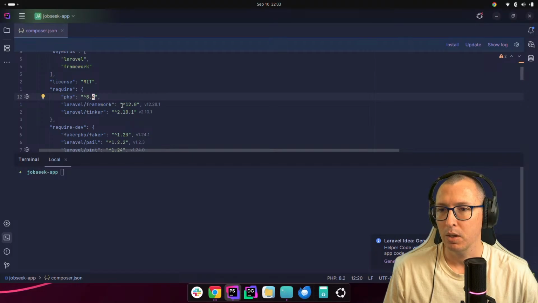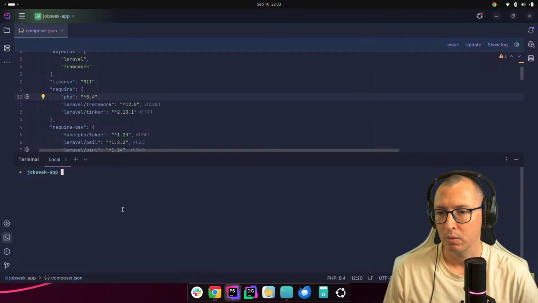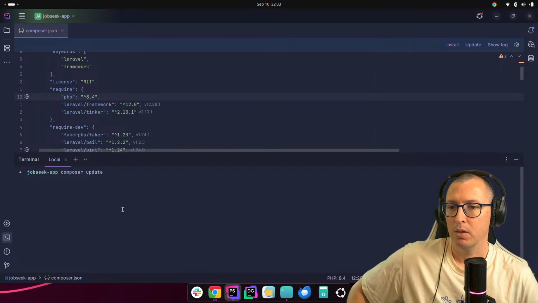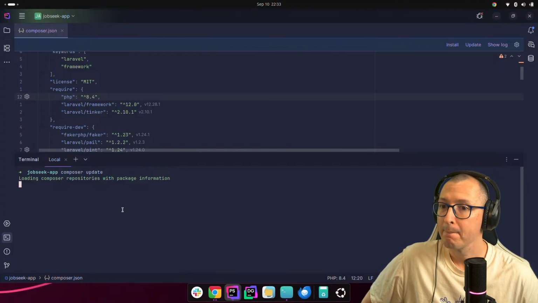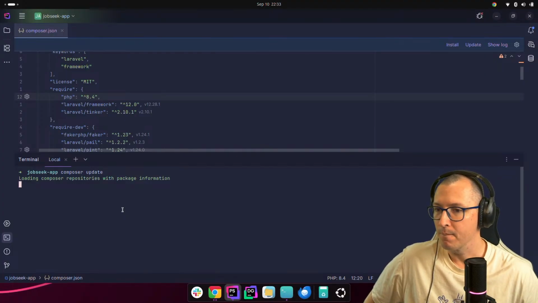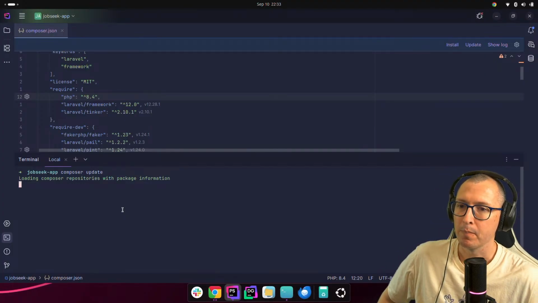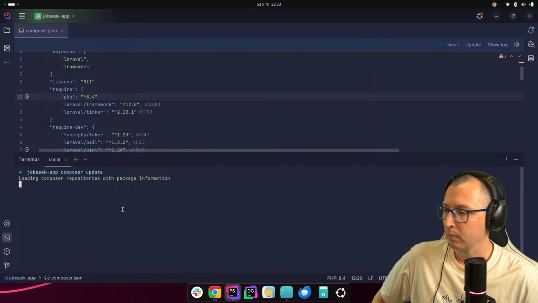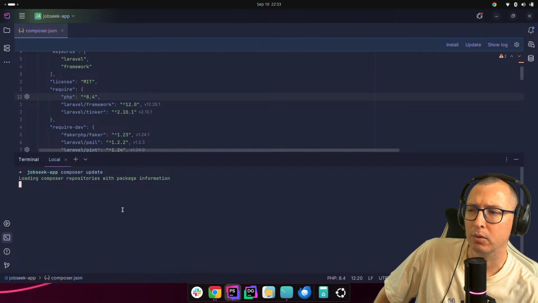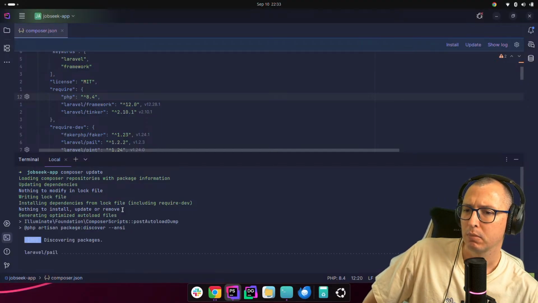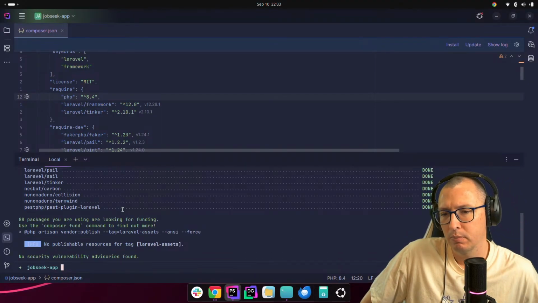It is still using Laravel framework. Okay, let's try this then. If we do composer update again, that should do it, right? Might have to delete the lock.json. Probably.